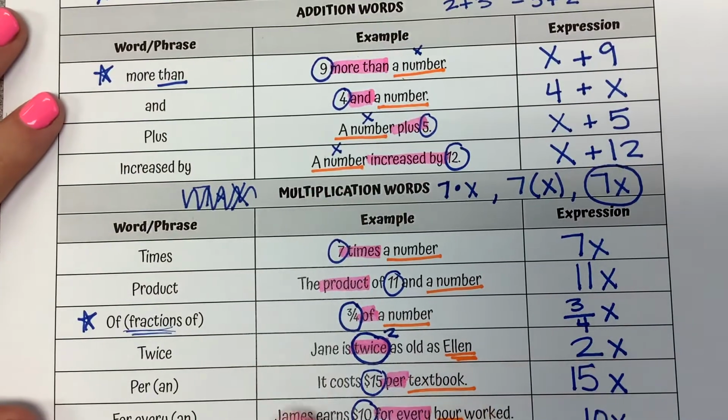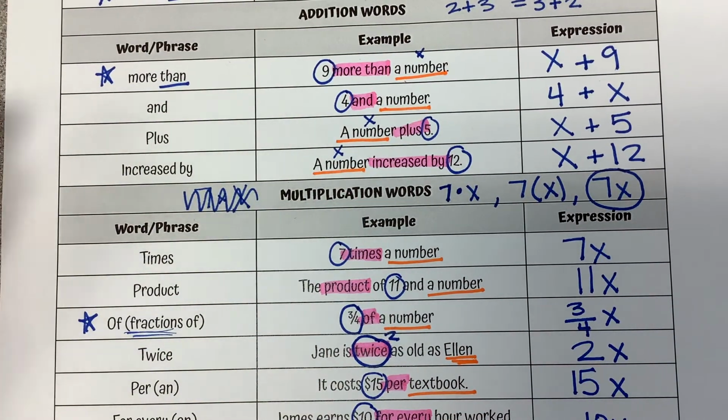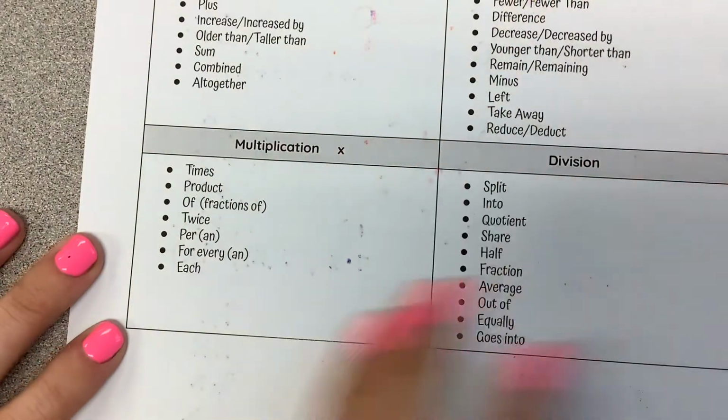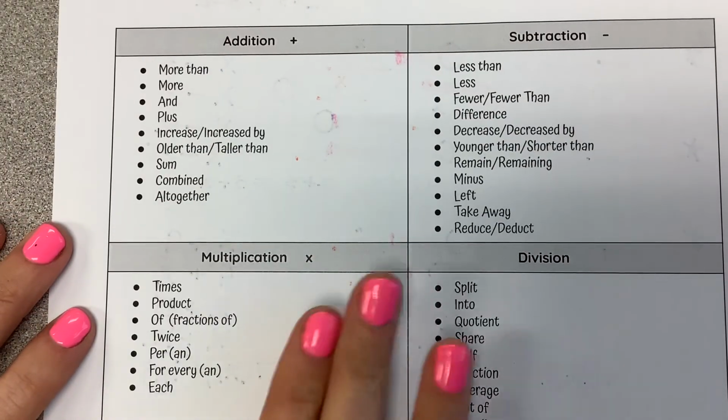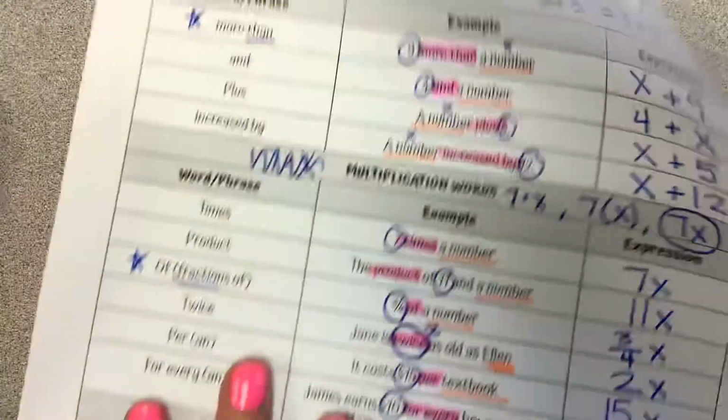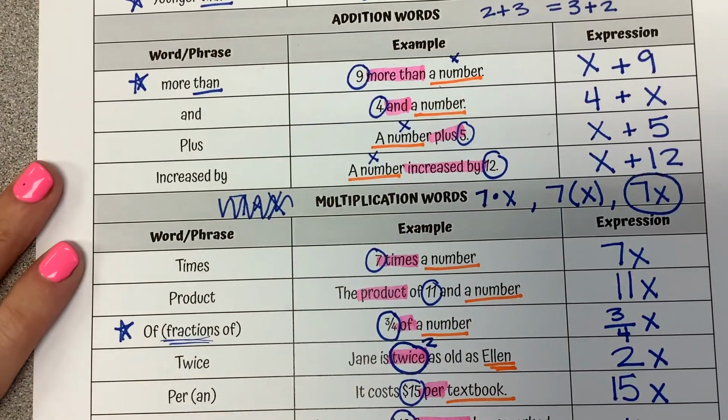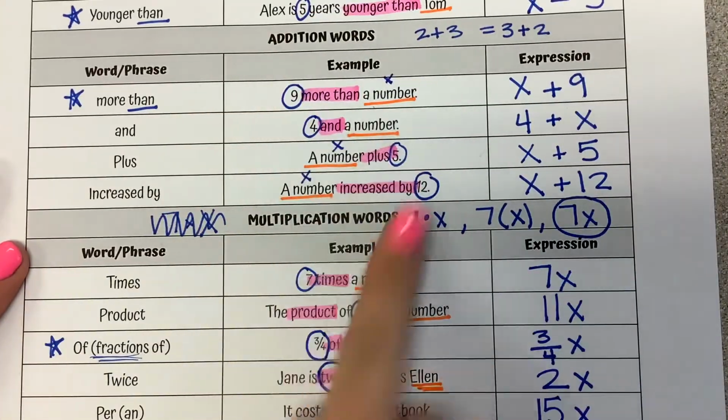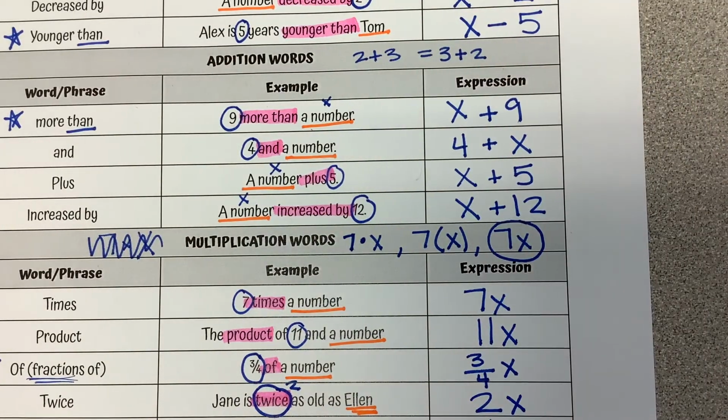So this cheat sheet is in your resource packet, but this is really nice because it's all color-coded, which might be easier, and it's big to visualize. And it also has this half sheet on the back here, which is in your resource packet as well. But we should hold on to this. You can use this unit to reference. Anytime you're getting a similar problem, you can see how the expression is set